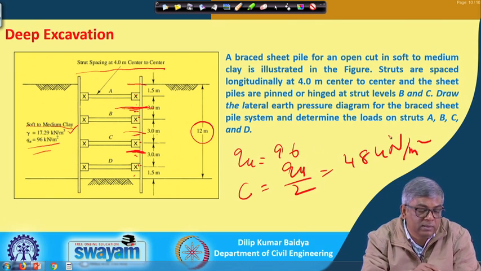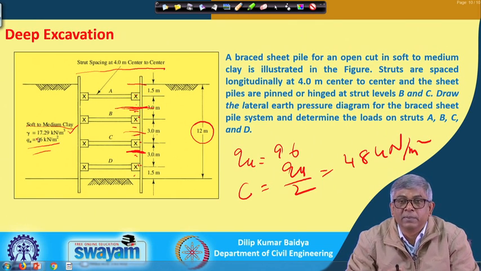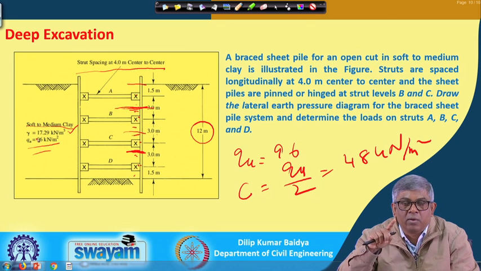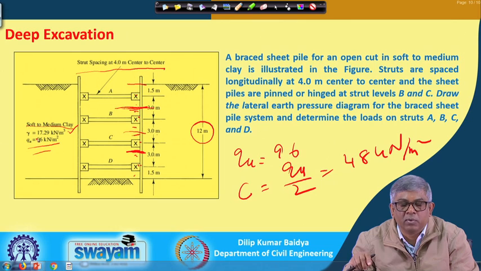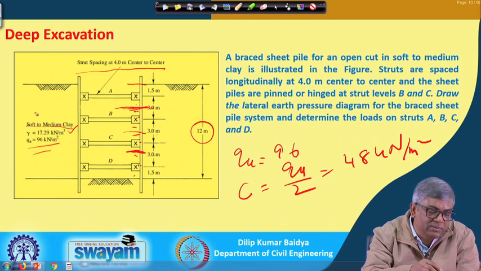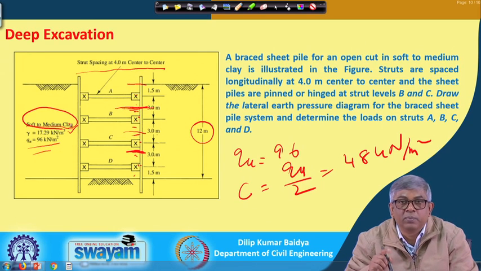So, that is one thing given, and soft to medium clay is mentioned, that means we have actually shown 3 different pressure diagrams. Based on this description we have to choose one of the figures. So, 3 figures: one is a complete rectangle, one is top portion linearly varying then remaining rectangle, and the third type is where the top 1/4 is linear, increasing to maximum, and the bottom 1/4 linearly decreases from maximum to 0. From this description we will be able to pick up the appropriate pressure diagram.